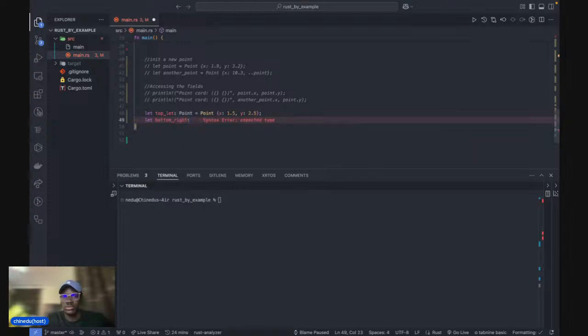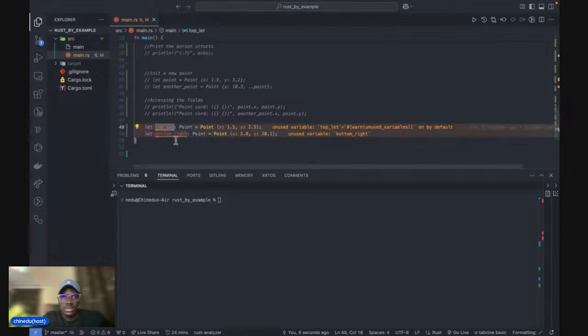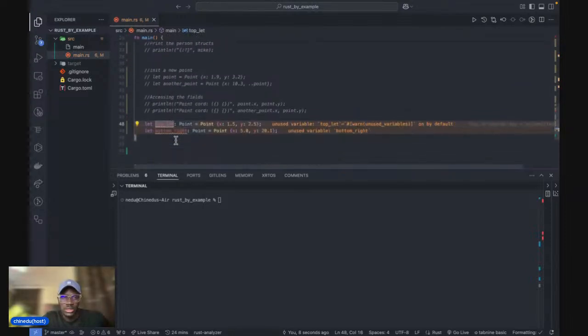So there we'll also declare our points, and for the x-axis we'll give it a value of 5.0, and for the y-axis we'll give it a value of 20.1. Close it up. So now we've passed values to that. So this is top left, it should be top left. Yeah,